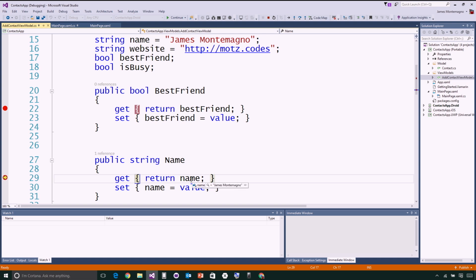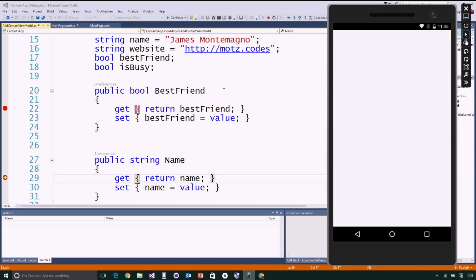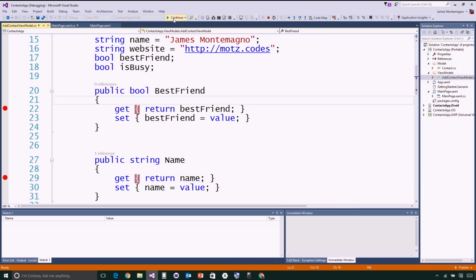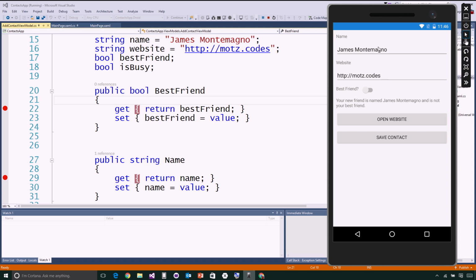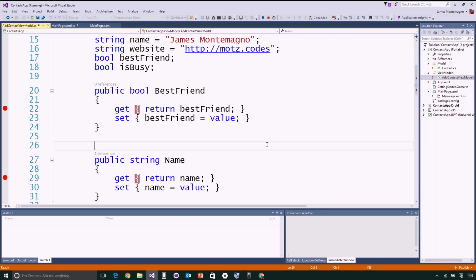Xamarin.Forms is now looking and saying the data binding context is in place. And here it is, James Montemagno. It will now do best friend. It's going to go down that tree. Again, bind it up. There we go. Now we're displaying this here. And we can see, your new friend is named James Montemagno, and he's not your best friend. So maybe, for instance, we would want to set it. So if I add a breakpoint here on the set,